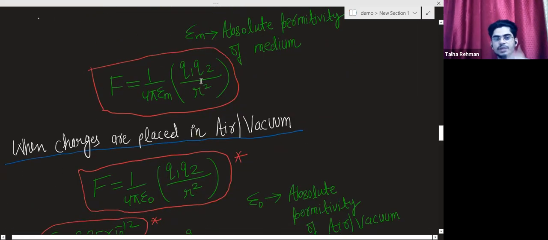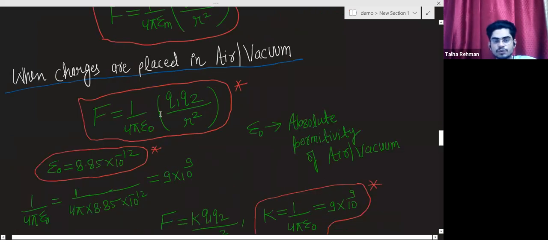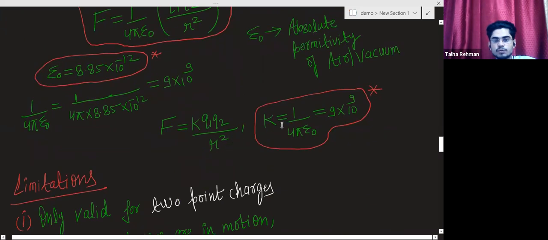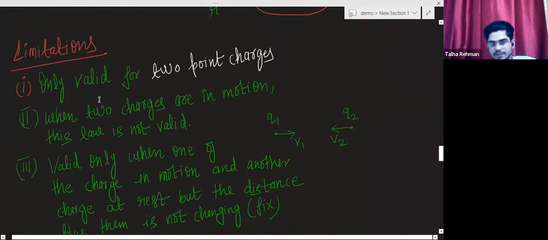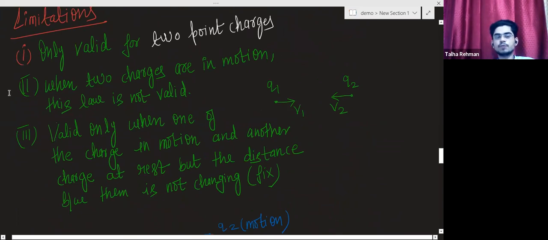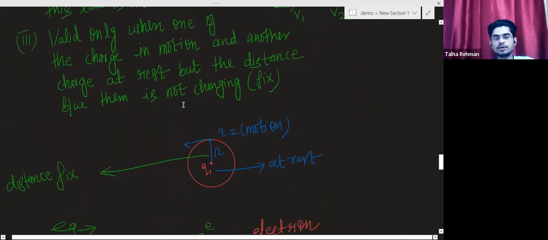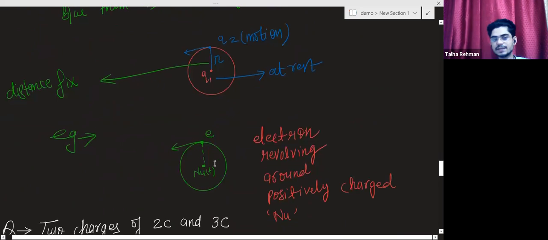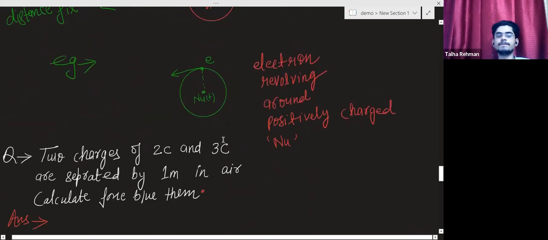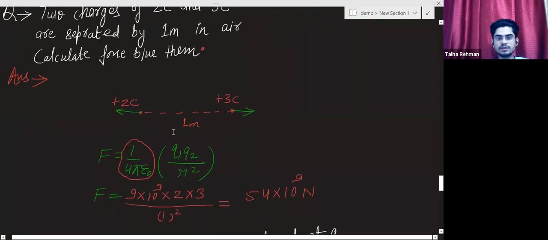After that we came to this formula, and when the charges are placed in air, we replace epsilon m with epsilon naught. I told you the value of epsilon naught, and the value of F equal to K Q1 Q2 by R square, where K equals 9 into 10 power 9. There are some limitations of this law: it is valid only for point charges, and the two point charges should not be in motion. It is valid also when one charge is in motion and another is at rest but the distance between them is not changing, like in the case of atom and nucleus. After that we have this numerical. We have simply applied